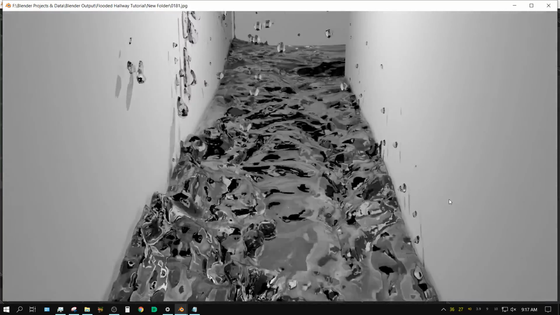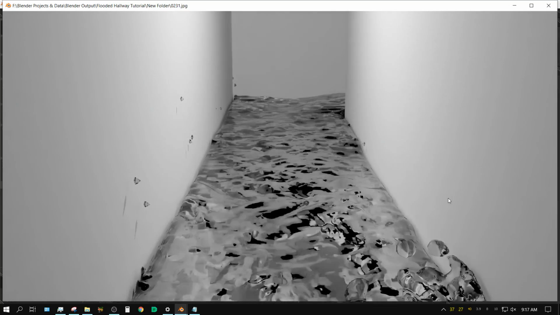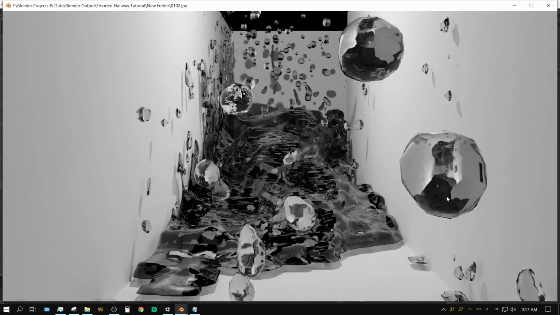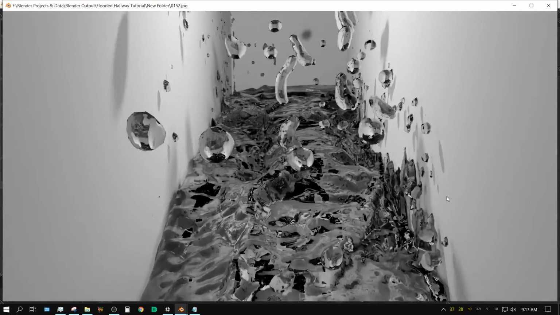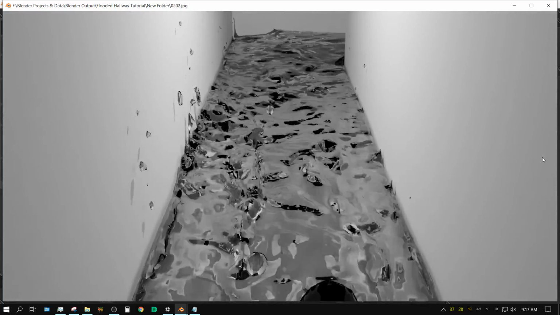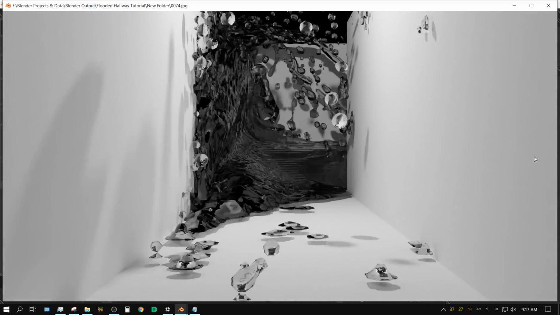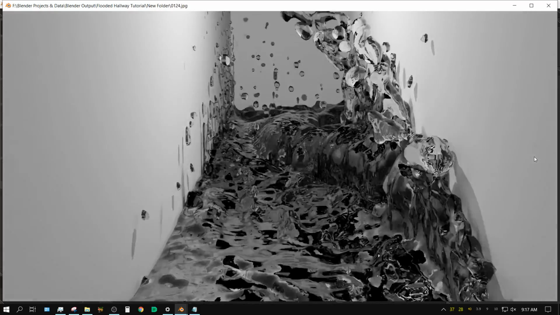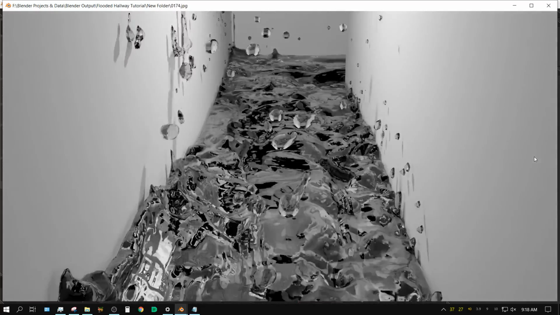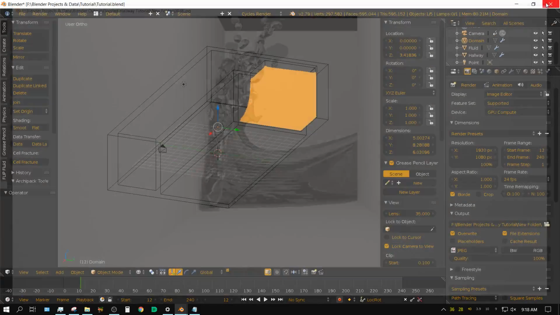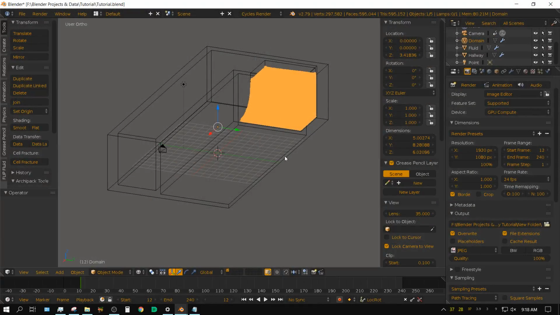I know there are a few things you can do to tweak it to make it look a little bit better, but it still doesn't look all that great. I would suggest to anyone who can afford it and doesn't mind spending $76 to buy the Flip Fluids add-on, because Flip Fluids looks so much better. But if you know how to use this system, then Flip Fluids will be extremely easy to learn.